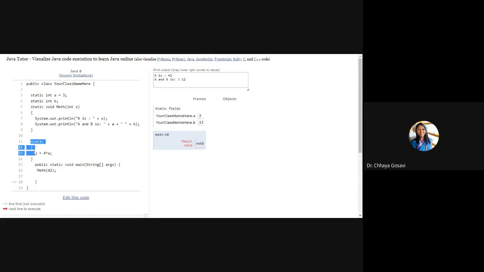So we can define a static block, a static method like main or a math function, and variables as static variables.